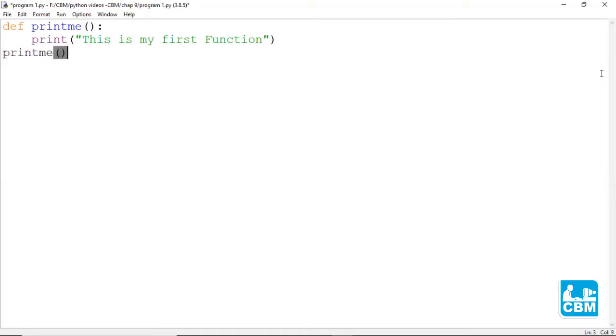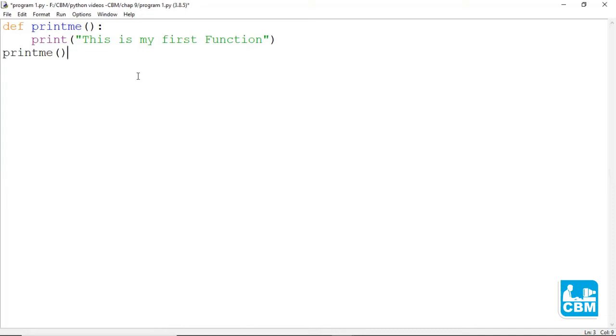So print_me(). Here we have used the keyword def to define our function. The function name is print_me and we need to put parentheses. Here no arguments are taken, so no arguments have been written within the parentheses. Now the block of code is nothing but our print statement.